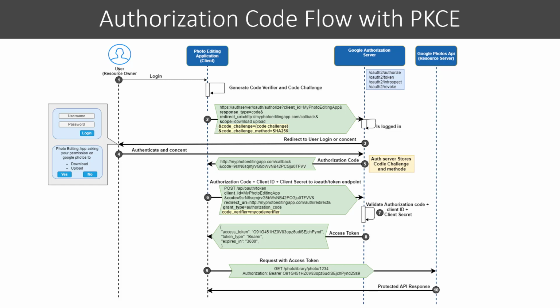When we saw the authorization code flow, there were some characteristics associated with it. One of the characteristics was that it is used for confidential clients, meaning the client who can store credentials securely. But what if the client is not able to store credentials securely? So what are those clients?